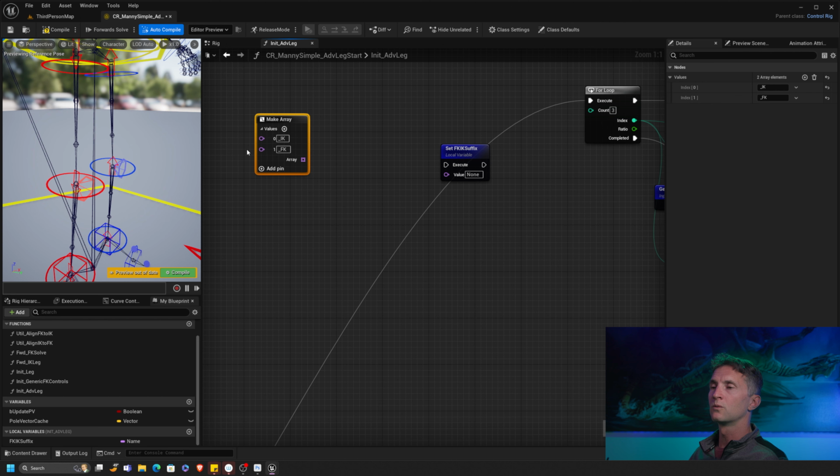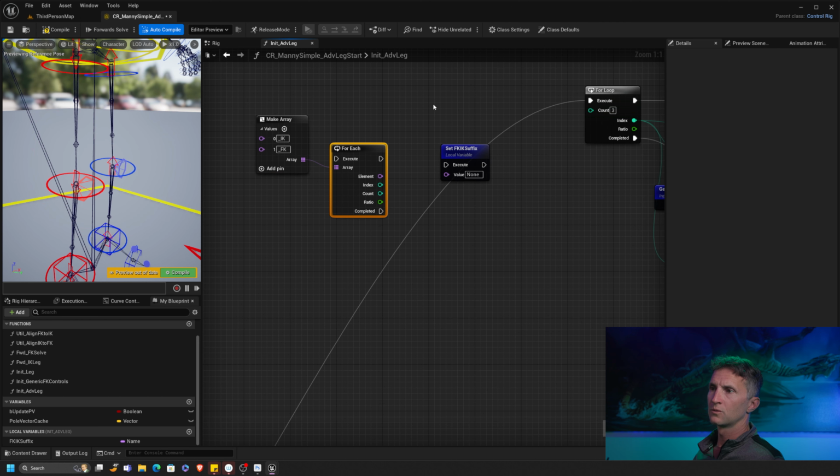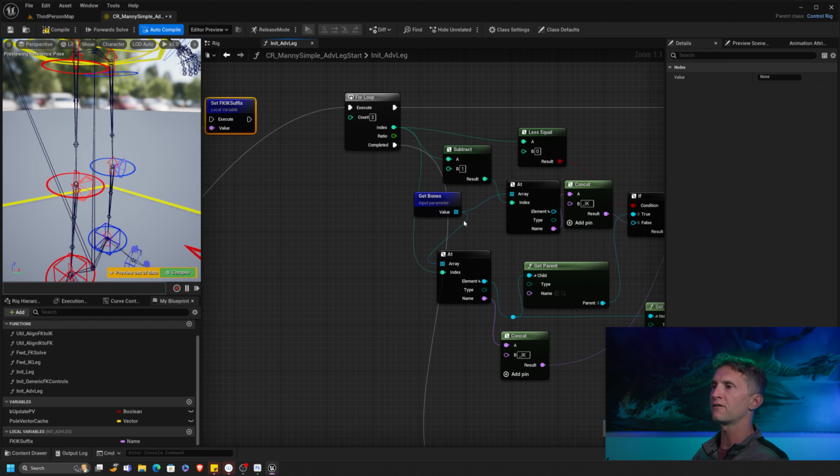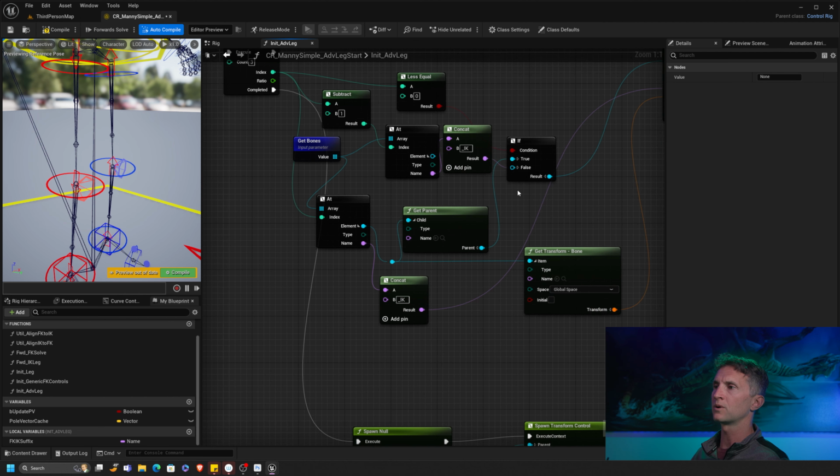All right, so what we have is our IK and our FK. For each of these, what we want to do is set our suffix to that thing. And then we're going to come through all of this for loop. Now, before we do that, we need to take our suffix and plug it into everywhere that we typed in the underbar IK. So let's get our suffix